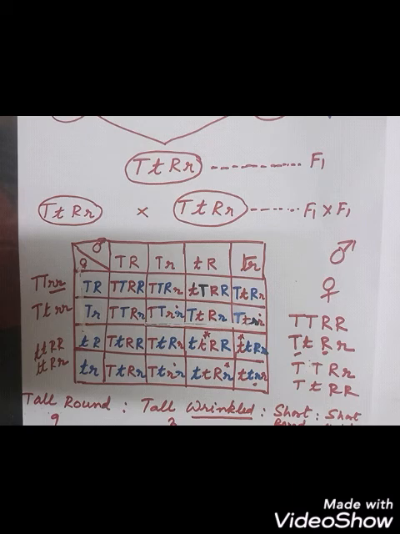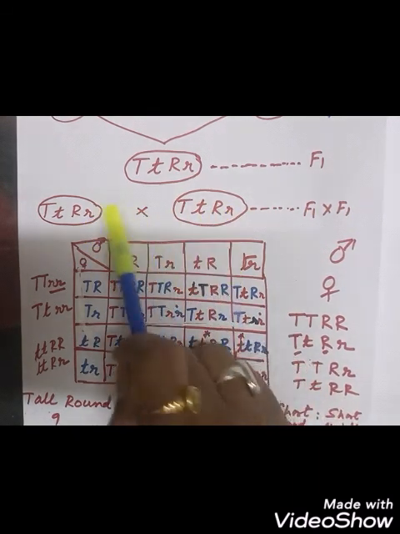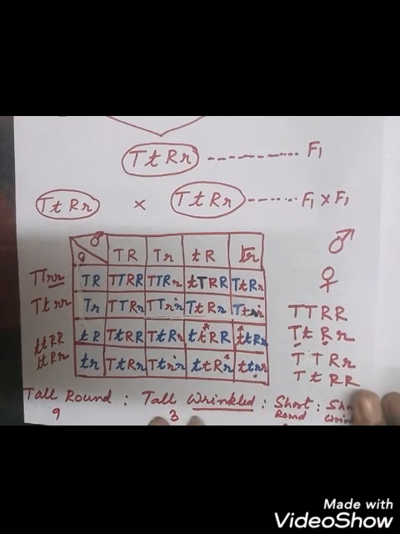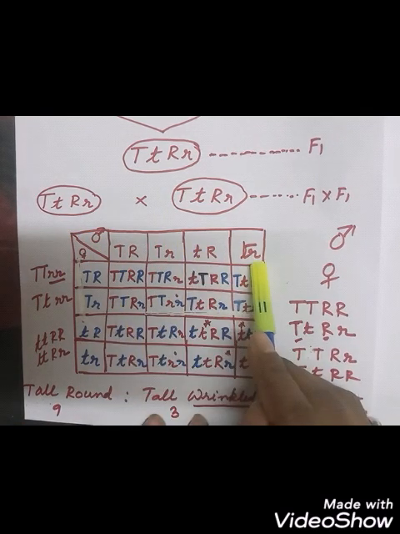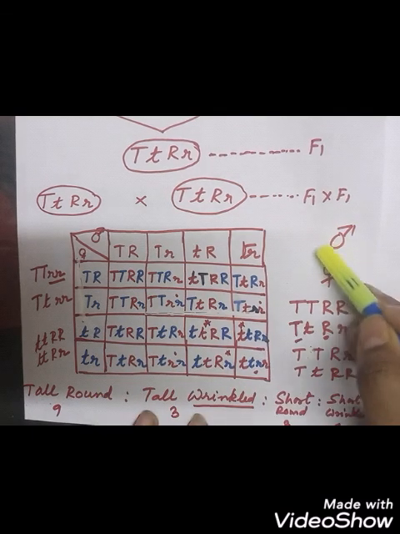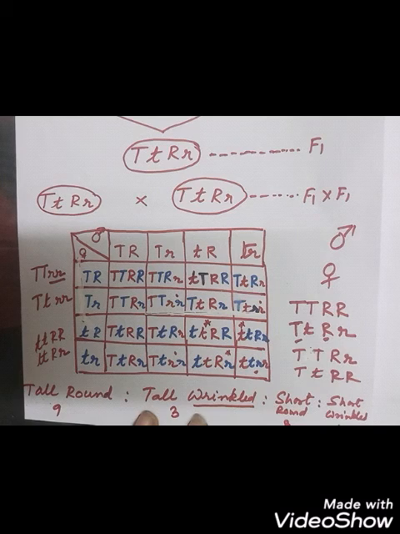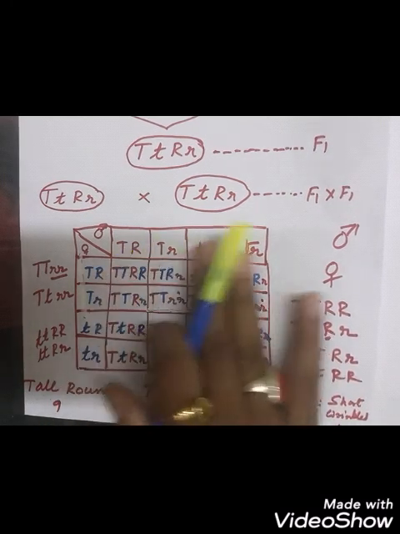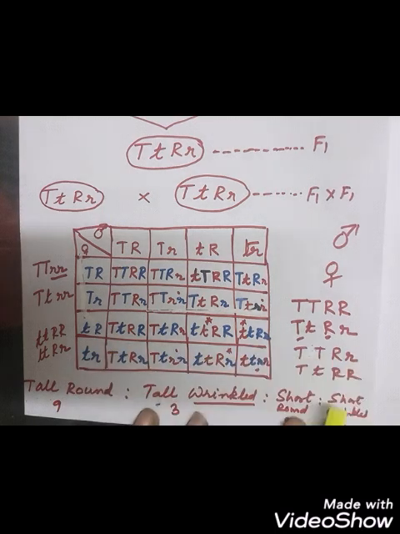Now in the next stage we have to cross F1 into F1. So this is F1, and this is another F1, crossed as we have done in the monohybrid cross. Now we will put a checkerboard, also called the Punnett square, and here we will put the gametes. Here also we'll put the gametes. This is the symbol for male and this is the symbol for female. As you know, we put the male gametes on this side and the female gametes on this side.